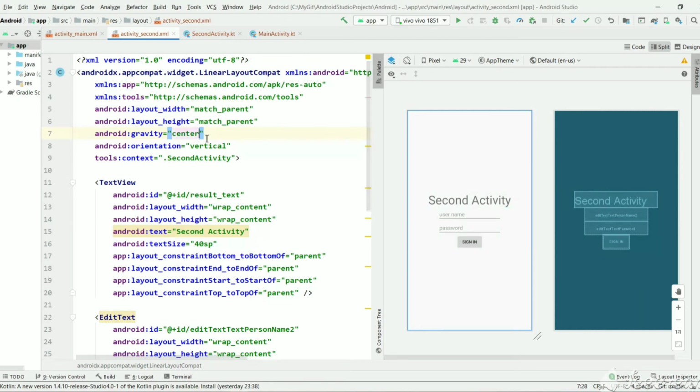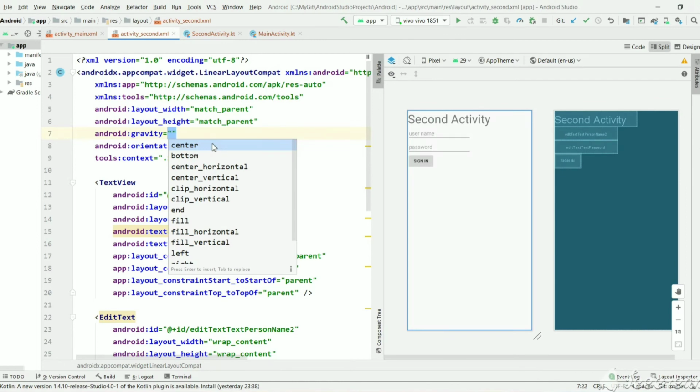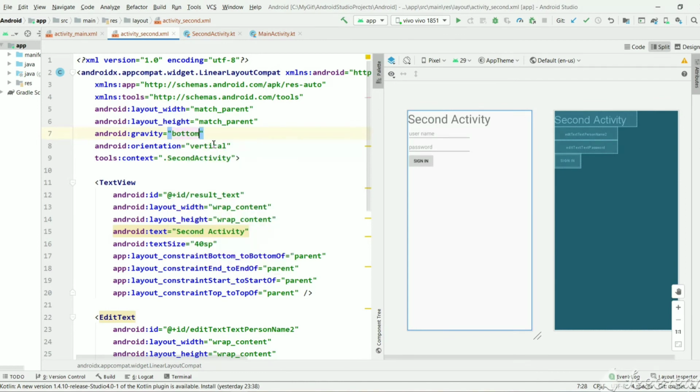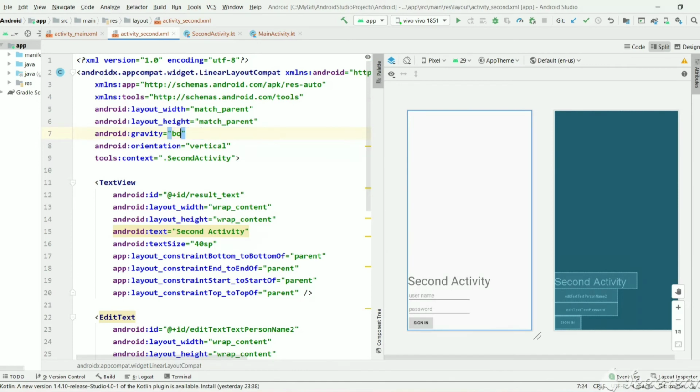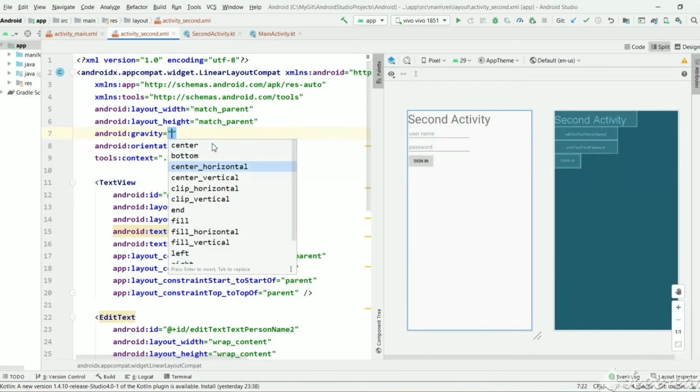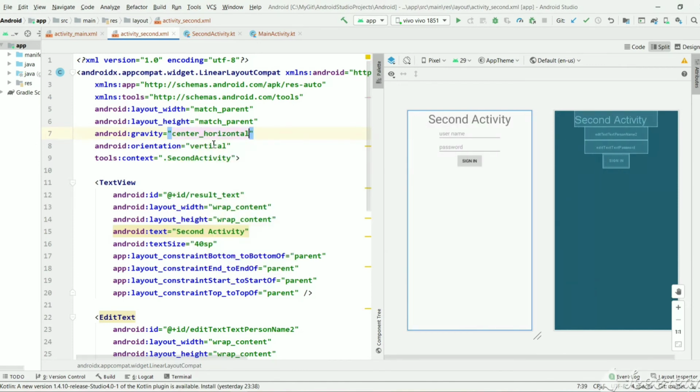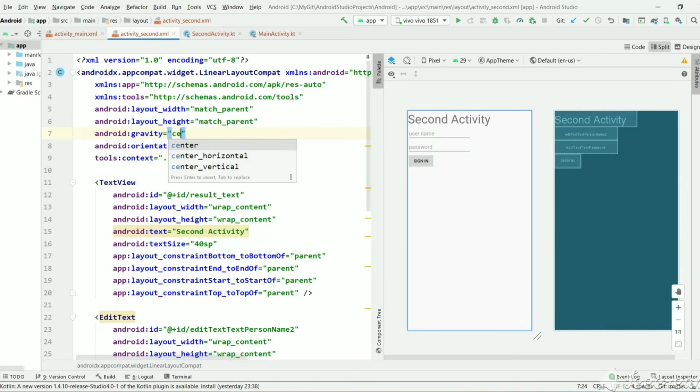Let's see what values are available. This is center, this is bottom, this is center horizontal. So if you see, horizontally it is centered, so let's keep it center.